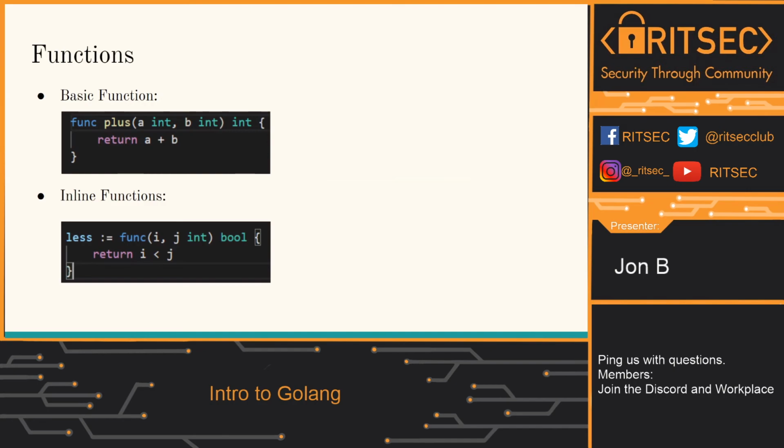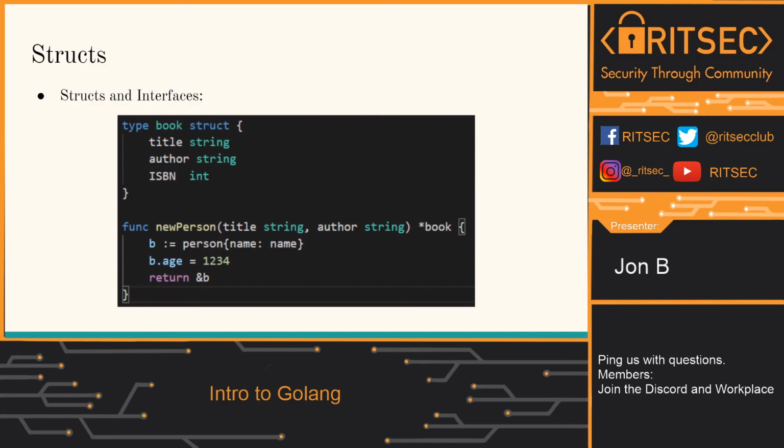So you can put anything you want in this function, and this is a very powerful tool in Golang. You can pass it the variables you want to give it, and then it will run anything in that function. I just have a simple one, it returns a bool if i is less than j, but it can be anything in there. You can add any logic in there. You can even make it a Go routine, which we'll get into later, and that could be a very useful technique in Go.